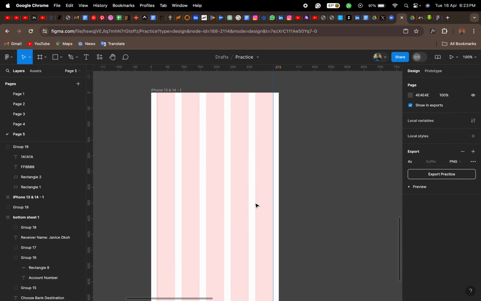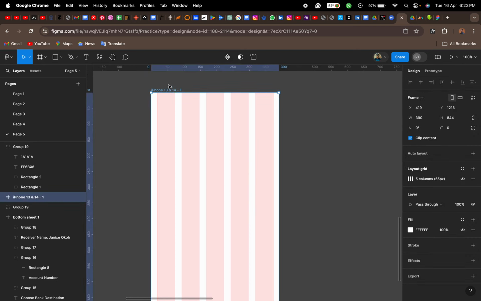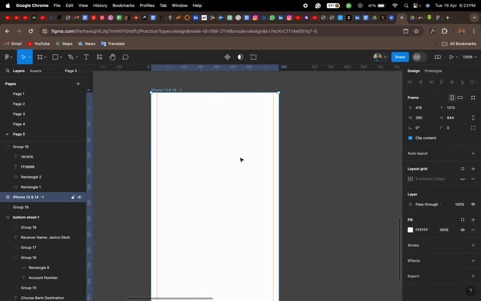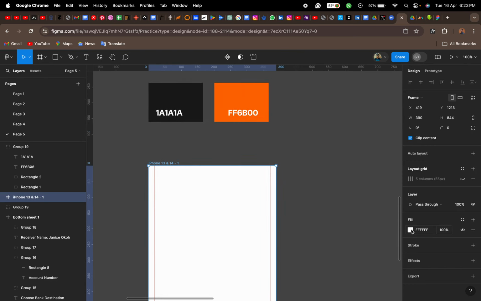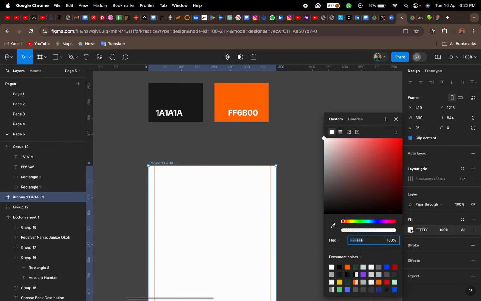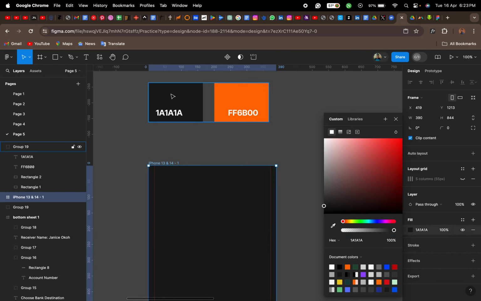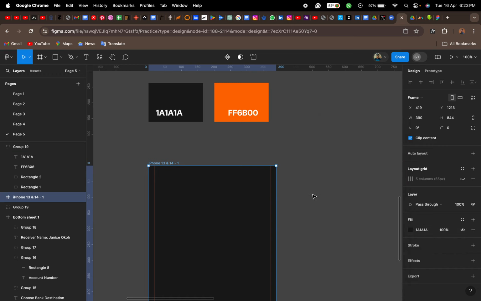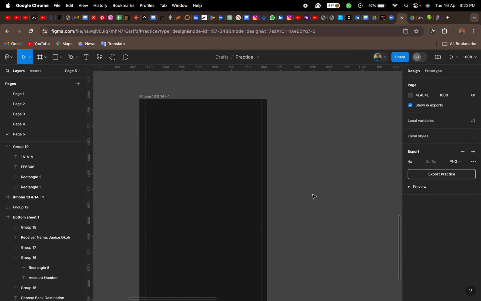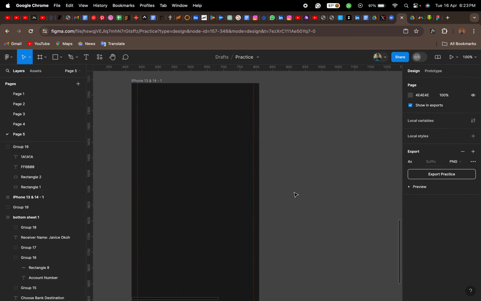So we have this. Now the next thing we do is we turn off the grid lines, right? Now we'll change the color. So we're using a dark mode, that's why we're picking this black, right? Then the major brand color is this orange. Okay, so we're using a dark mode, so you pick this color, right? So we just use our eyedropper tool and pick this color. Now once we're done with this, the next thing we do is